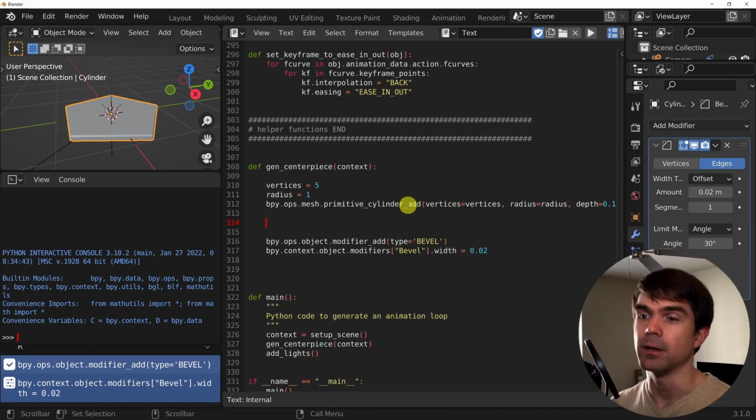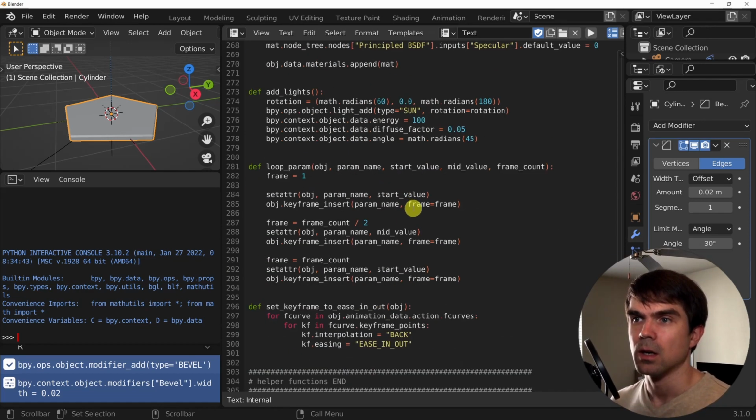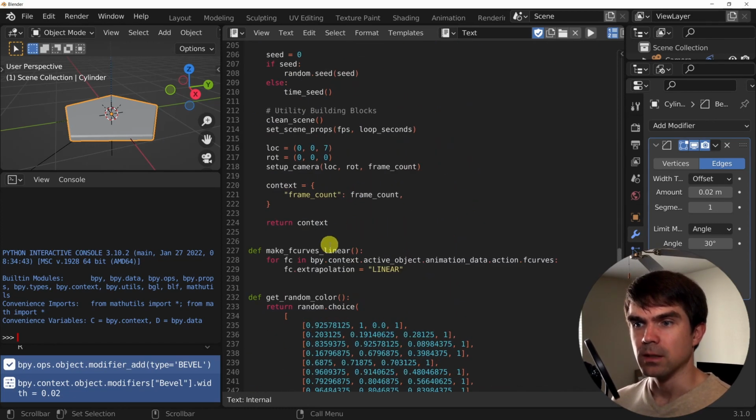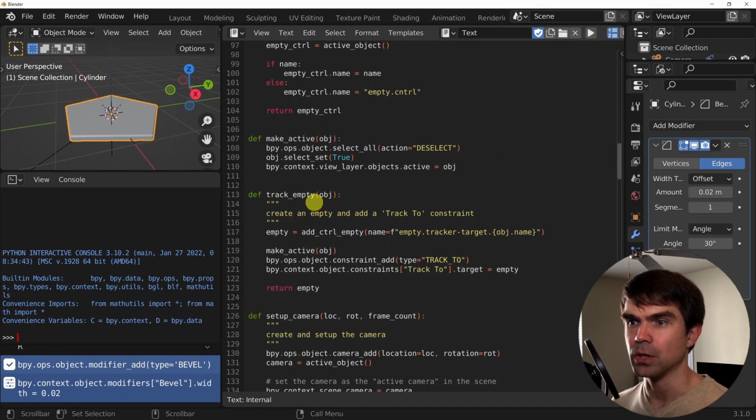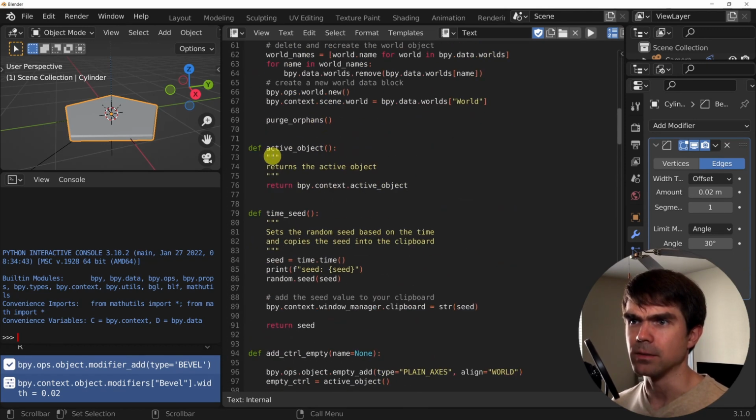I'm going to create a variable and name an object and use a helper function that's defined up here that gets us the current active object right here. But we could really just use this, but I like this shorthand right here.